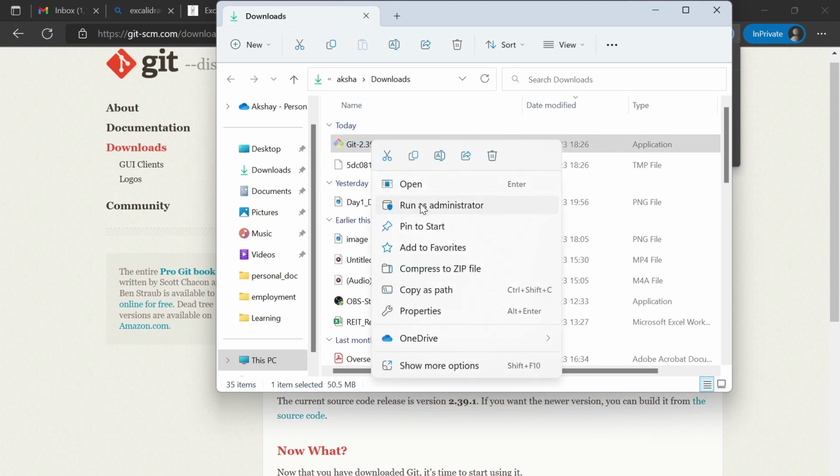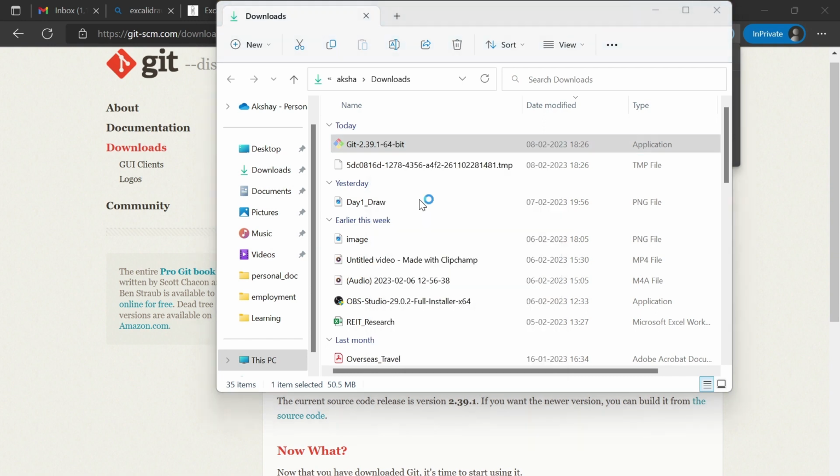It is better to run as administrator, or you can directly open it if it is your personal computer.